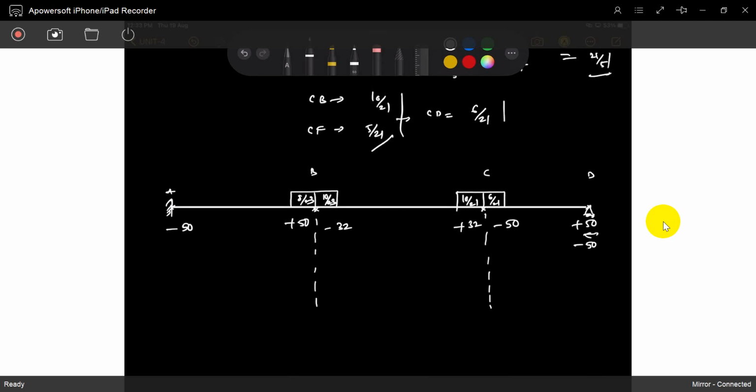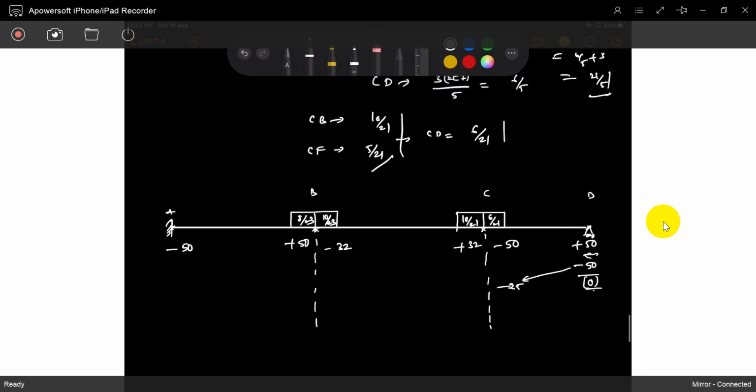If you apply a minus 50, it will go to minus 25, because C is a fixed end, na? C is an intermediate joint, also a fixed end. So minus 50 it goes to plus 25. So it's plus 75. That's it. Settled. So no need to discuss it. That's one thing you have to observe.